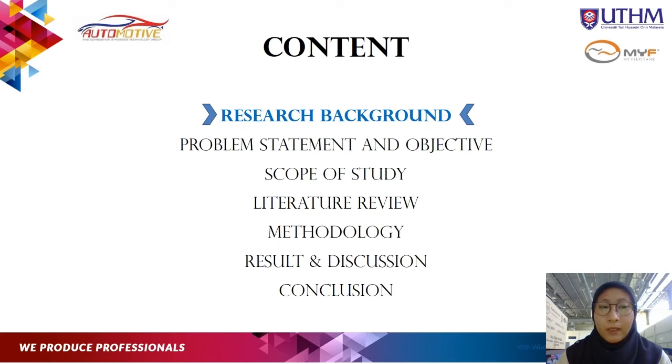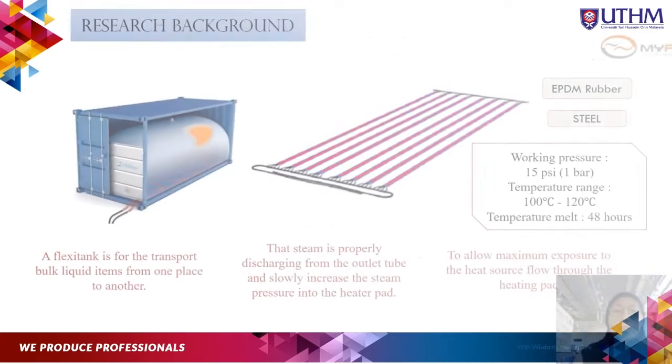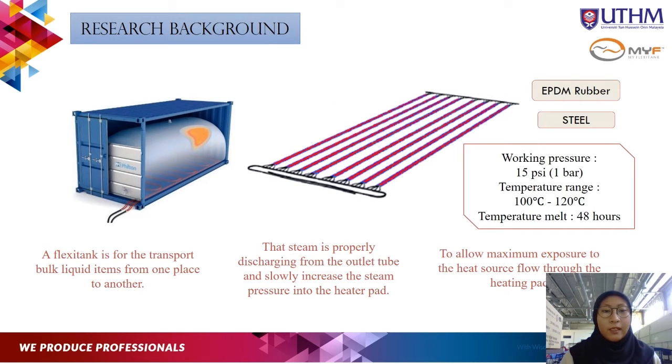Next, the research background for the flexi tank and the heating pad. The flexi tank is used to transport bulk liquid items from one place to another. It also uses the heating pad to support the transport of bulk liquid, and the heating pad allows maximum exposure to the heat source. So the steam can properly discharge from the outlet tube and slowly increase the steam pressure in the heating pad. They use two materials, which are steel and EPDM rubber